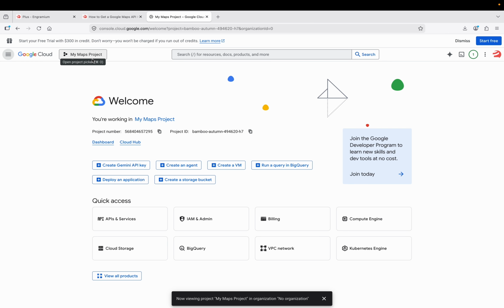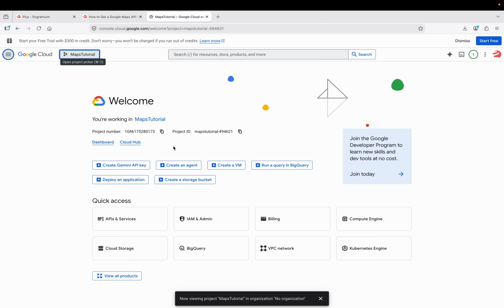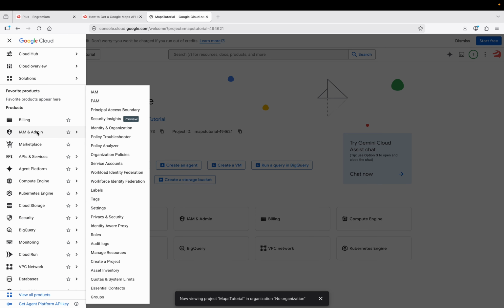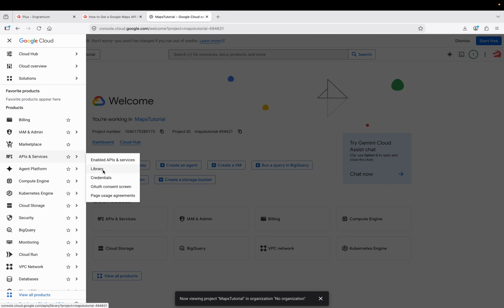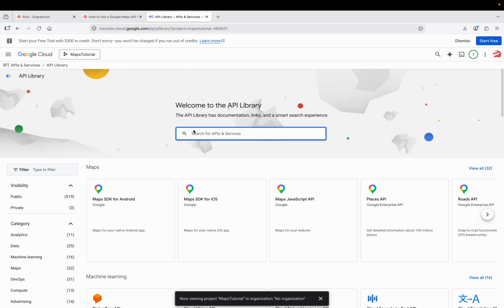Okay, now let's go to the project. From here we are going to click this one, maps tutorial. So we are inside the maps tutorial project. Once we are inside the project, now we will need to enable the Maps JavaScript API, and this can be found by going to navigation menu, APIs and services, click library, and in here we'll search for